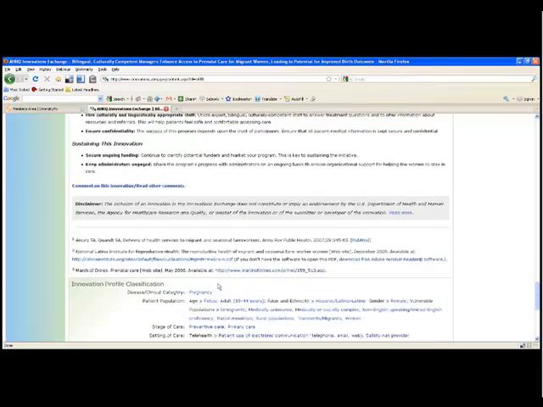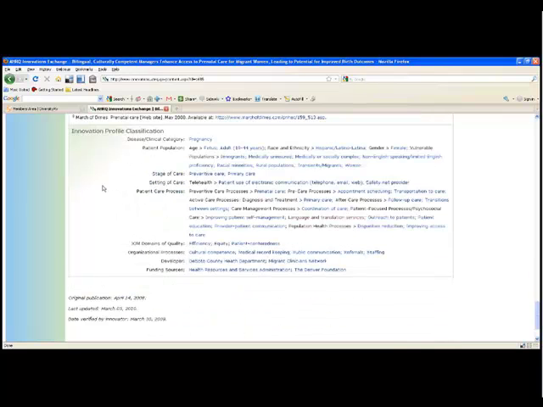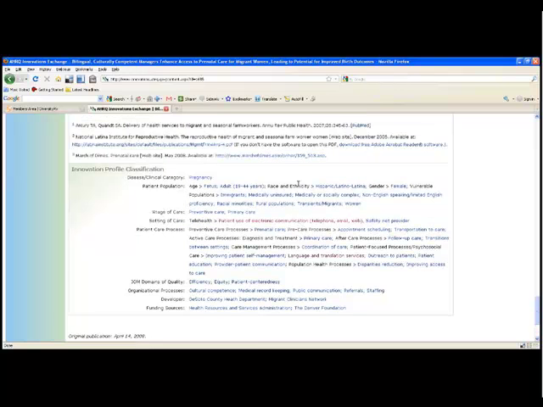And then there's what I think is a really useful profile classification section here, which means that if I'm looking at this, I can see all of the different topics that it covers. And if I want to, here's an interesting thing, patient use of electronic communication. I wonder what else is on this website that might be addressing that topic. And so I can click on that link, and I can go to all of the listings about patient use of electronic communication.